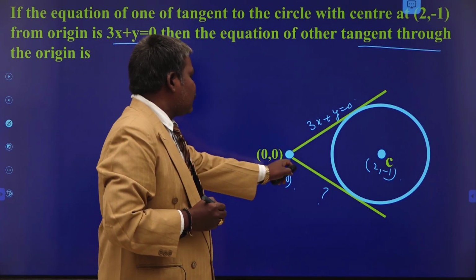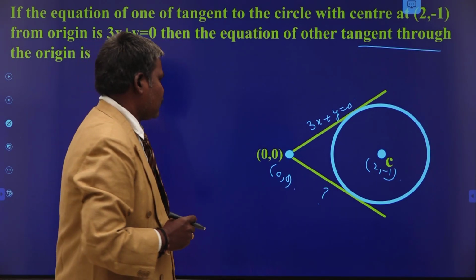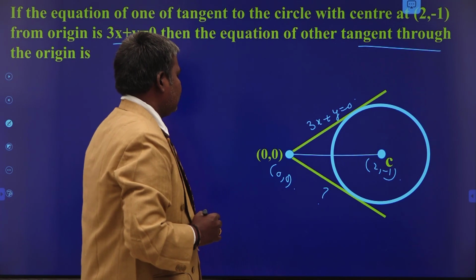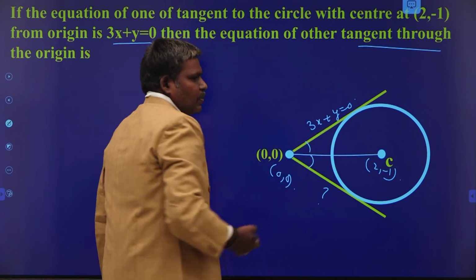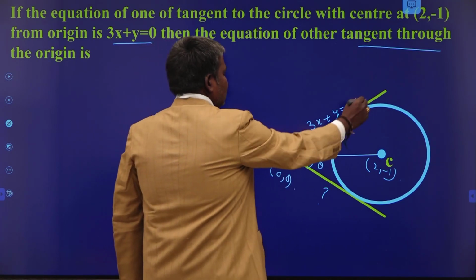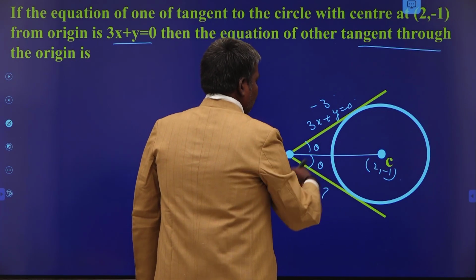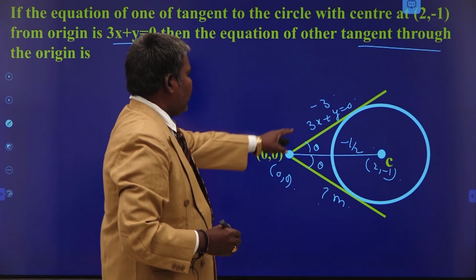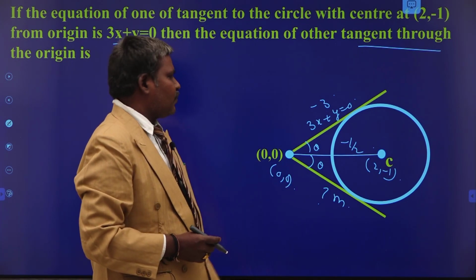You have the point. Once you know the slope of this line, your job is over. Y minus y1 is equal to m into x minus x1. You just join the origin to the center C, you get some line. Now my question is, are the two angles equal or not? Yes, this is the angular bisector of the pair of tangents. If it is theta, automatically this is also theta. Now what is the slope of this line? Minus 3. What is the slope of this line? Minus 1 minus 0 by 2 minus 0, that is minus 1 by 2. The required slope is say m. So equate these two tan thetas, we get the value of m. After getting the m value, you can write the equation of the line.